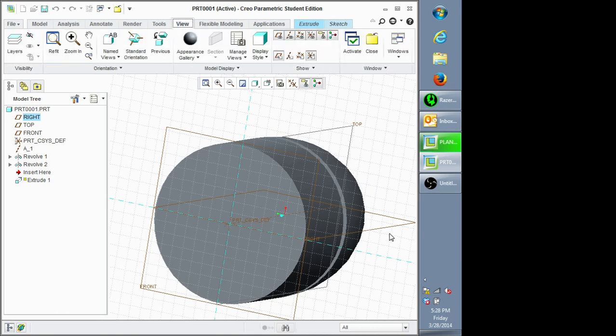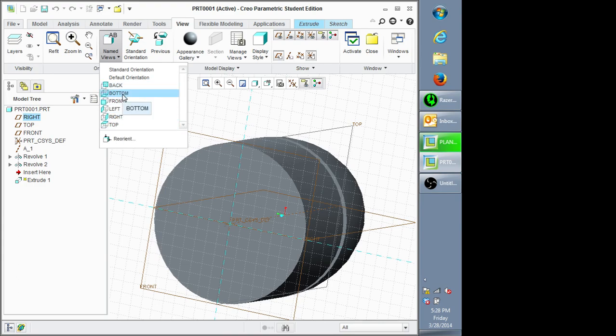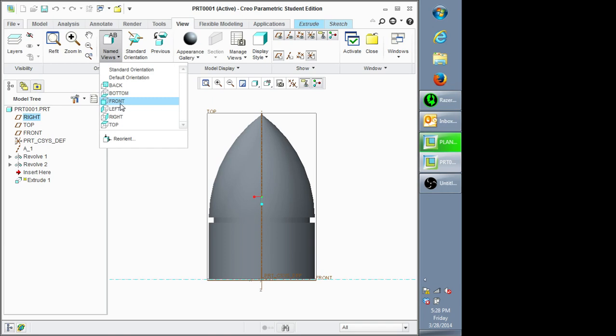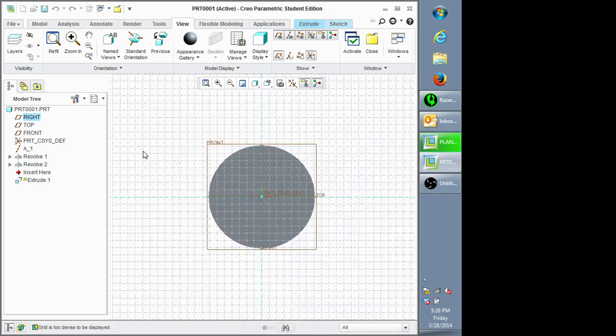You can select either the top or the right plane. It doesn't really matter, because when you go into the window, it'll select the two that are in the middle. Let me just mess around with it. It's the front? Oh, okay, cool. Thank you. So let's go to the front view